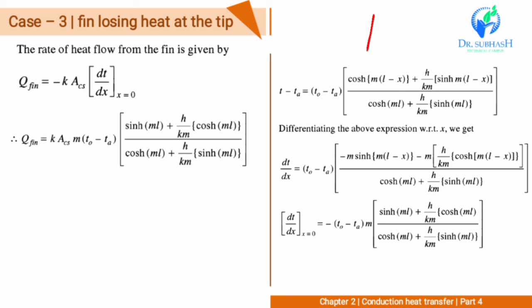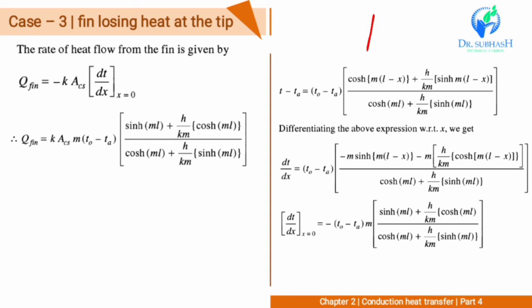We know that T minus Ta is equal to T0 minus Ta in the whole bracket cos hyperbolic m into L minus x plus h by km sin hyperbolic m into L minus x divided by cos hyperbolic ml plus h by km sin hyperbolic ml. Now, we want dT by dx when x is equal to 0. So, differentiating this above expression with respect to x, we get dT by dx is equal to T0 minus Ta